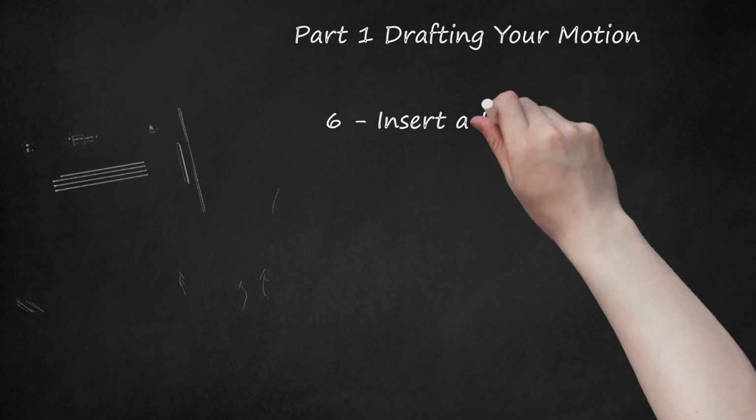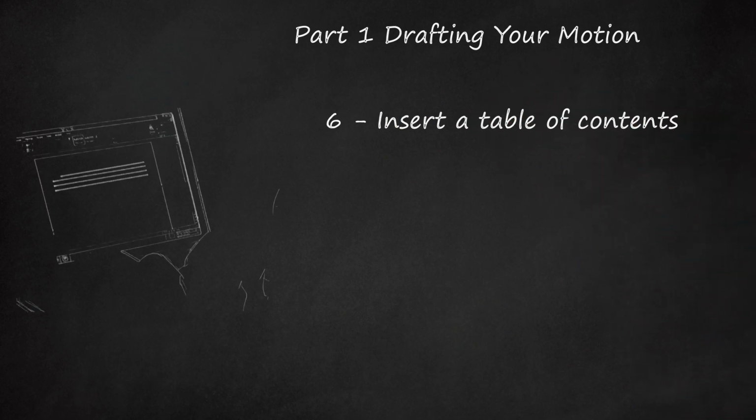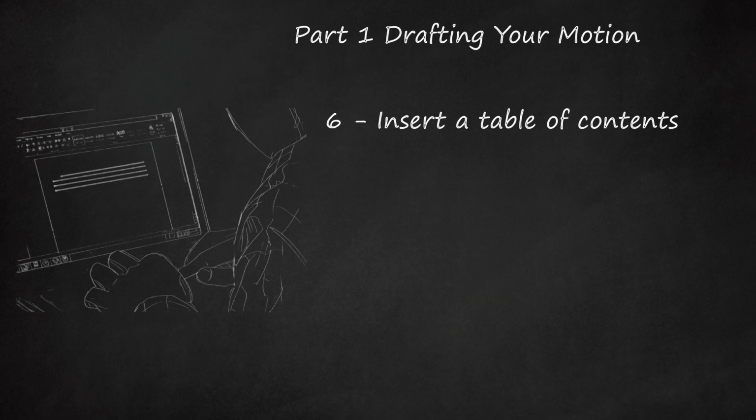6. Insert a table of contents. Directly after your caption, you should include a table of contents. The table of contents will allow the judge to quickly look over your motion JNOV and understand your main arguments. When you draft your table of contents, insert your conclusory legal headings along with the page number where the legal arguments can be found. For example, the body of your table of contents might list your legal arguments as follows: